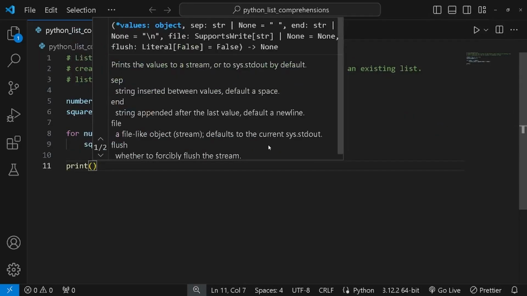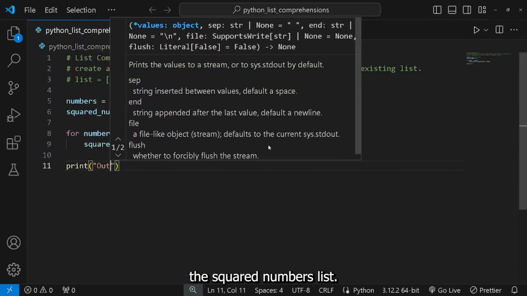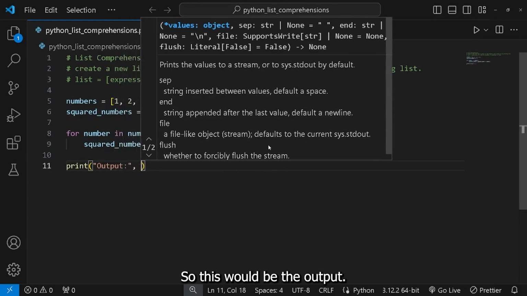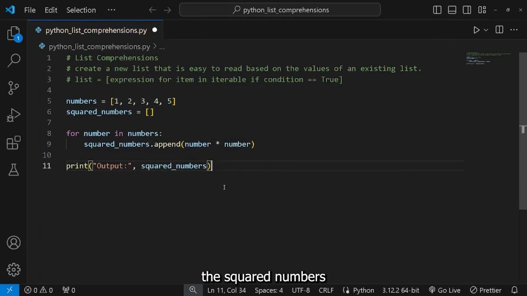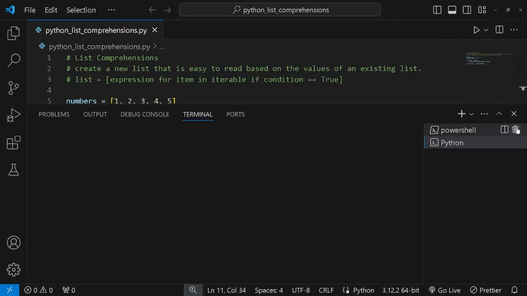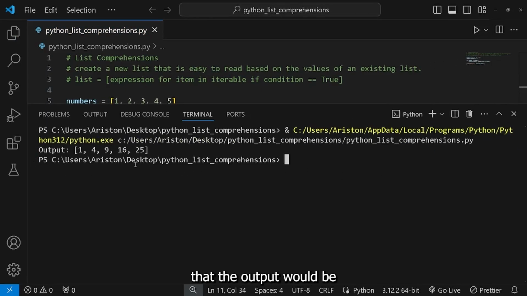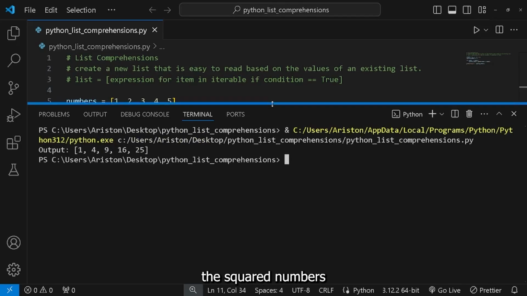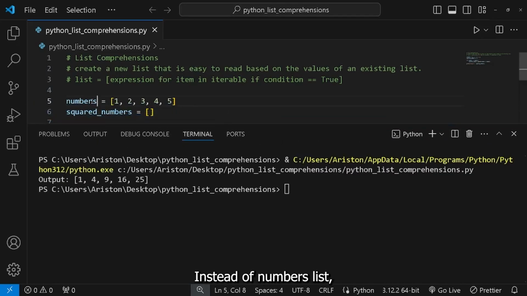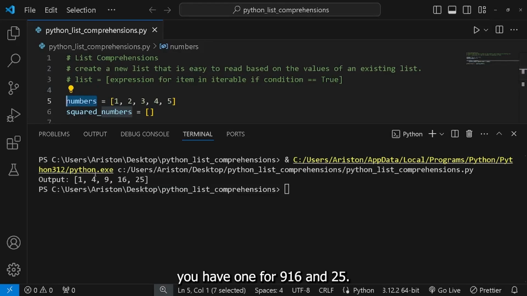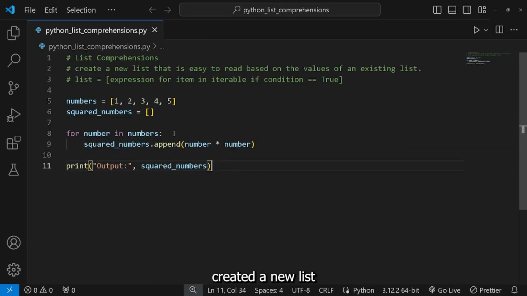And if you try to print the squared numbers list, so this would be the output. We're going to call the squared numbers right here. So if you run this, you can see here that the output would be the squared numbers of each of our numbers inside of the numbers list. We have 1, 4, 9, 16, and 25. So we successfully created a new list from an existing list, and we squared each number by using a for